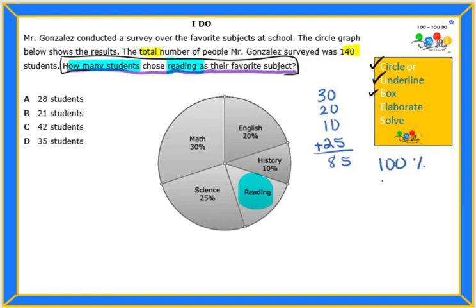So 100% minus 85% that has already been used for other subjects will leave us with 15%. So we can put 15% here, and we can also check: if we add 15% now, we should get the total of 100. Now that we have the number that I need to help me answer this question,